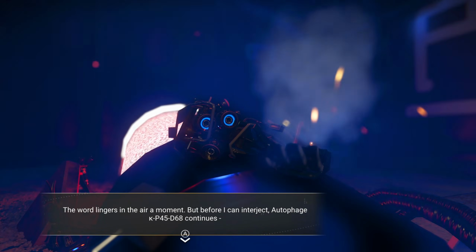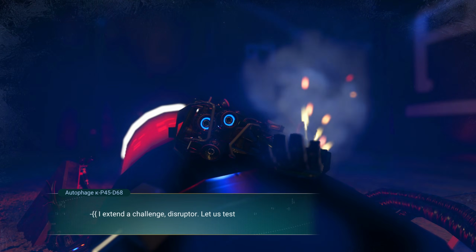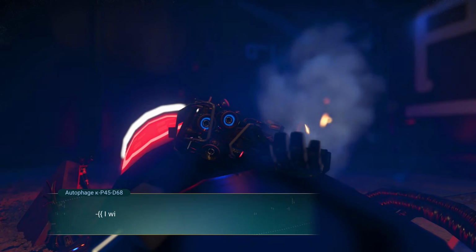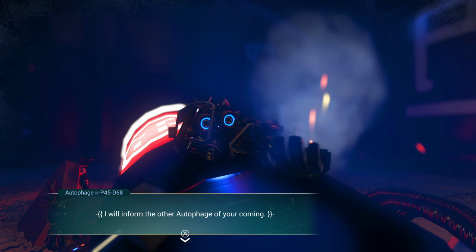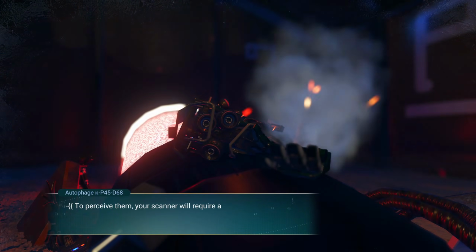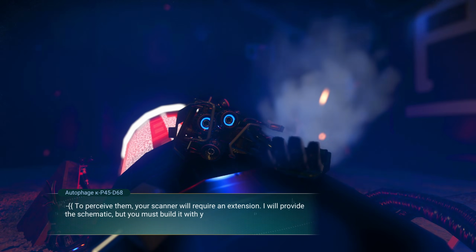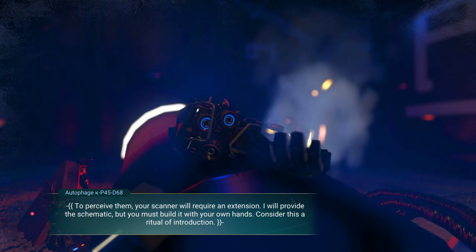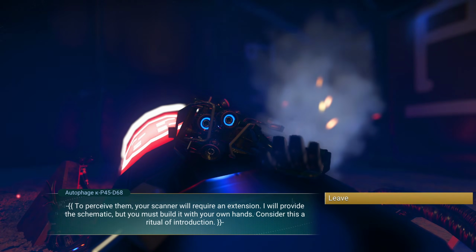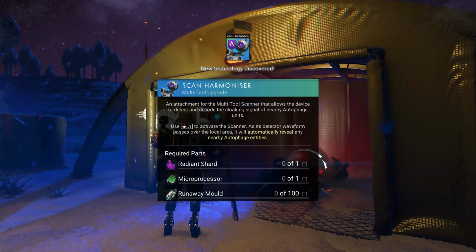KP45-468, they really need to sort out their names, continues. I extend the challenge, disruptor. Let us test my theory. I will inform the other autophage of your coming. To perceive them, your scanner will require an extension. I'll provide the schematic, but you must build it with your own hands. Consider this a ritual of introduction. Okay, so we've got to get the